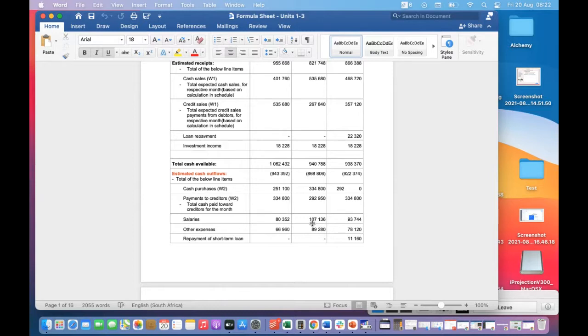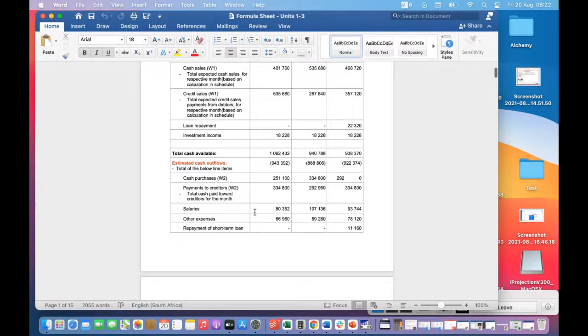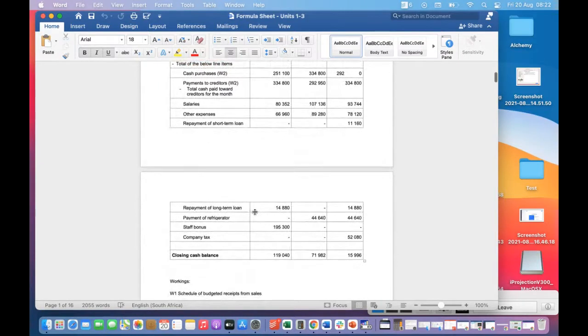Then you've got salaries and you've got other expenses, and they could throw other expenses into your budget, like you're going to pay for a computer in the month of March, things like that. They could be once-off, some of them could be reoccurring. Like we said, we also want you to account for depreciation, so include those type of things in your schedule. I see here staff bonus, company tax. Those are the type of things that we are talking about. They'll give you the tax rate and things like that.